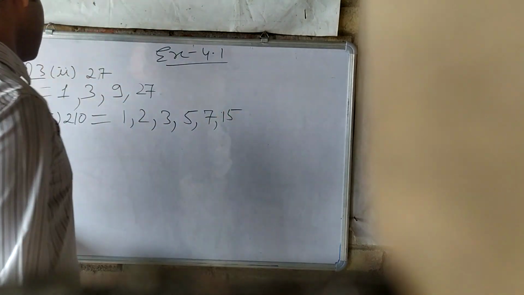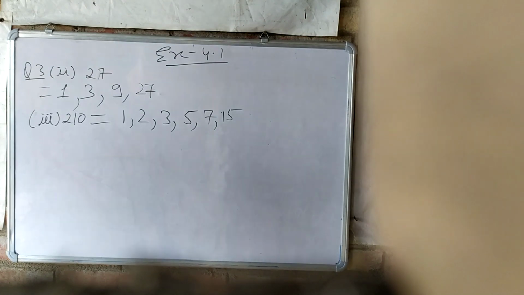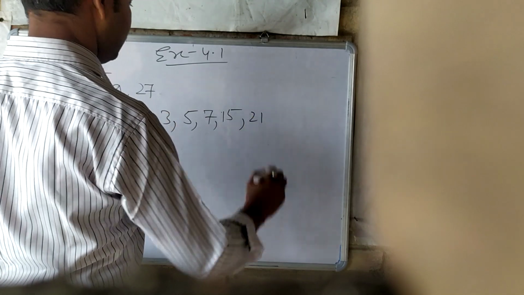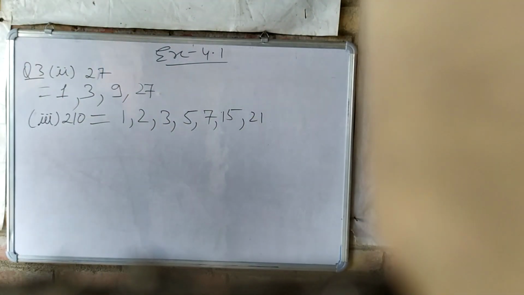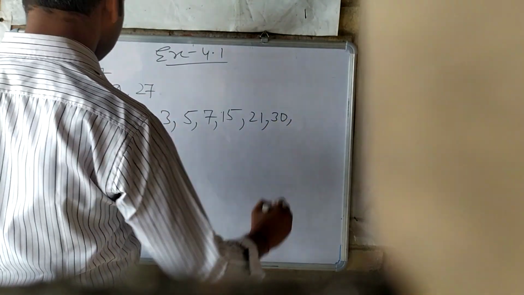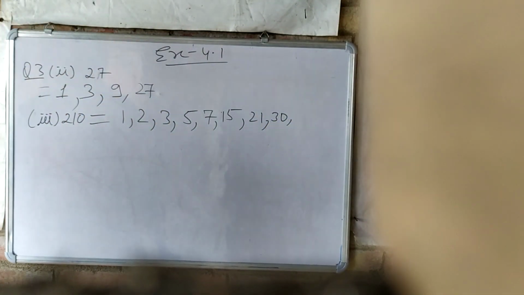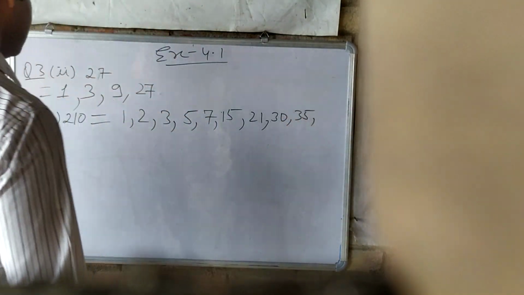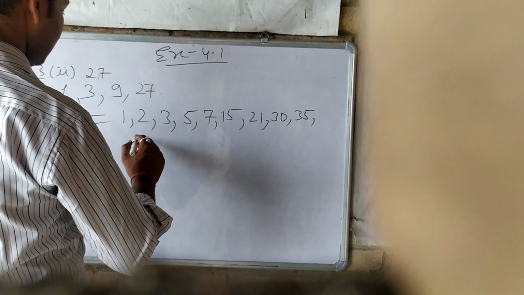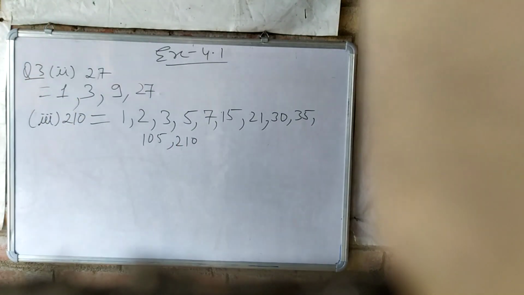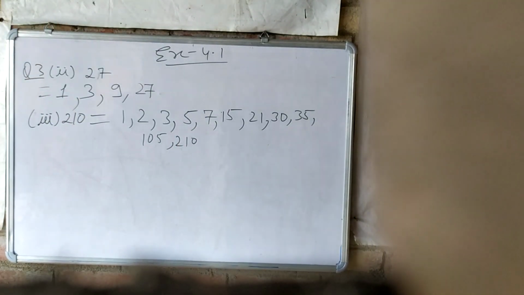15. Then 15, 21, 30, 35 can also be, 105, 210. Understand? Maybe I am missing some 2-3 factors here, but altogether like this we can write the factors